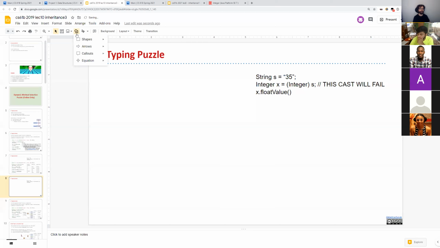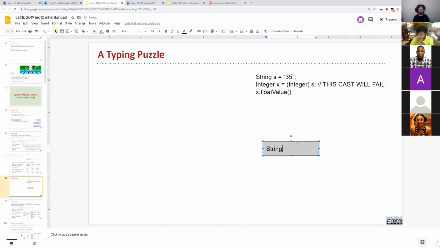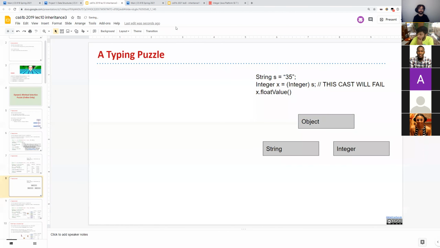So if we have two classes, here's String, and here's Integer, and here's Object. This is just the inheritance tree.